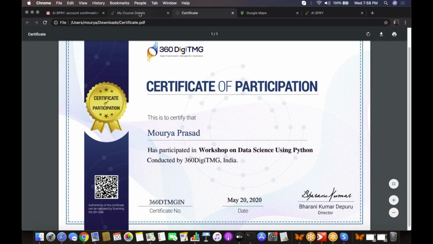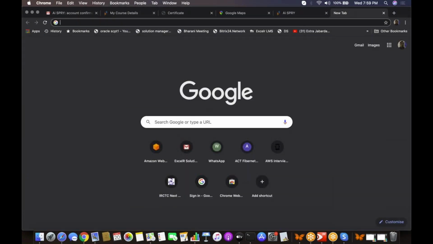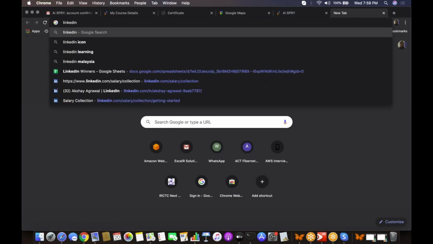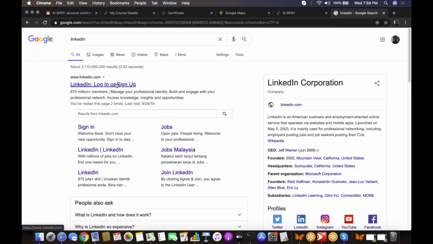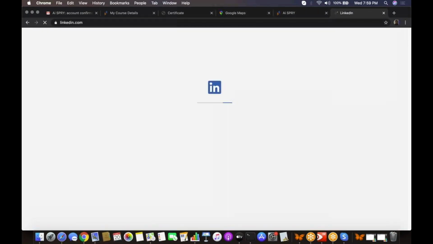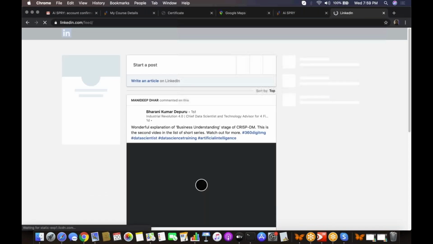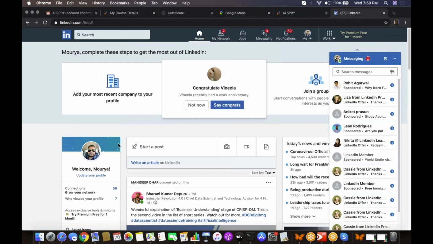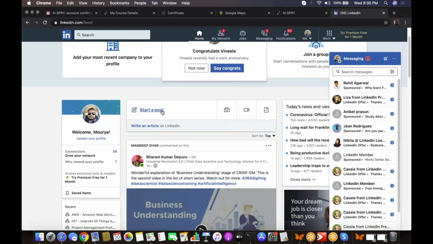Then you can post this certificate on your LinkedIn profile. How to post it on your LinkedIn profile? Open your LinkedIn account. Now start your post.